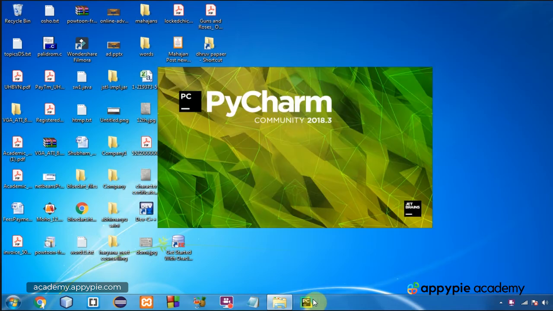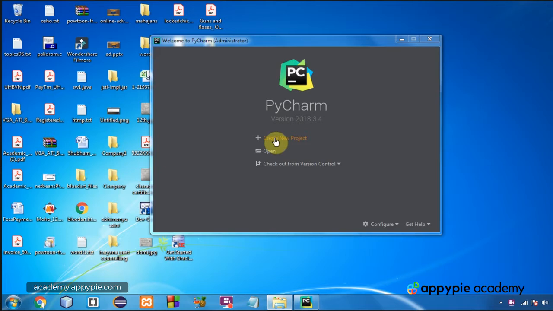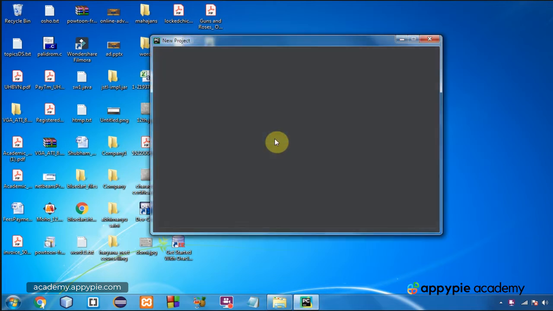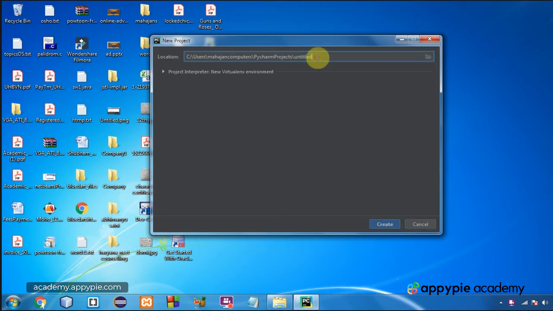So this is the PyCharm that I have pinned on my taskbar. When I click on it, PyCharm is going to open. Because we have installed the community version, it's PyCharm Community. Okay. So now what I will be doing is clicking on create the project, and when I